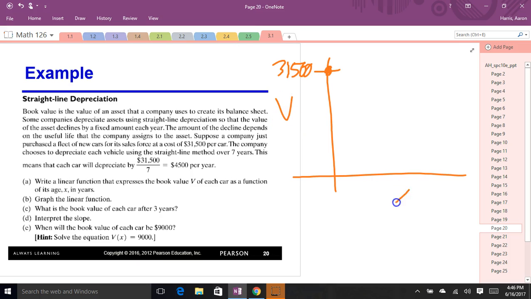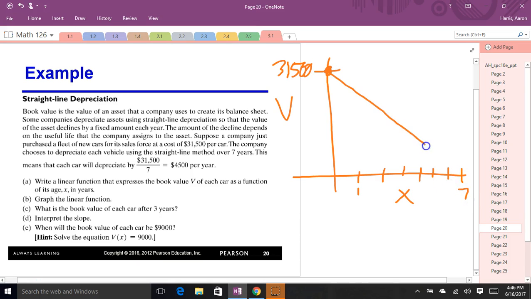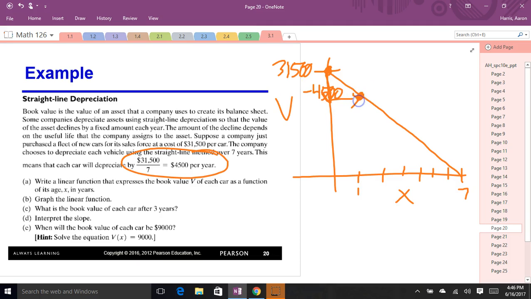This is the value. This is x in years up to 7 years. So at the end of 7 years, they've depreciated it down to 0. And each year, if you notice, they're losing $4,500, so it's going down $4,500